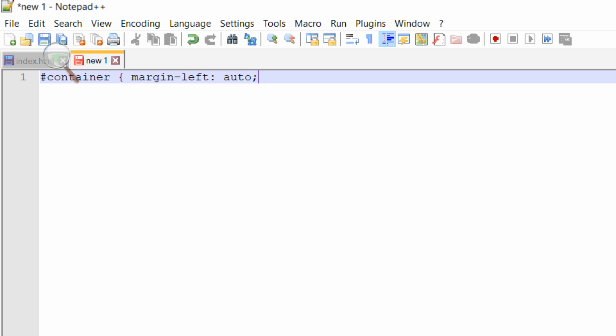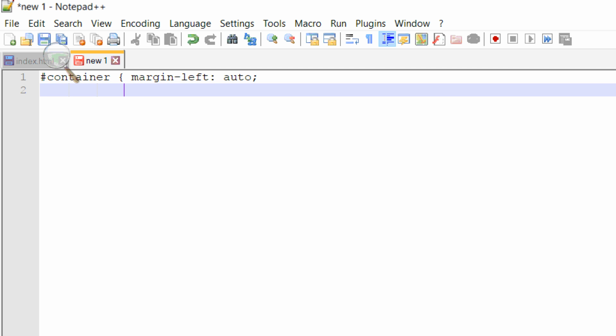Setting it at auto for the margin left and the margin right will tell the server that it wants it to automatically divide the space that's left over on the left side and the right side. And I just put margin left both times. Let me change that to margin right, so that it will divide whatever's left over from what we said is our max width of our page. Whatever's left over within the person's window that's looking, it'll even it out on both sides,